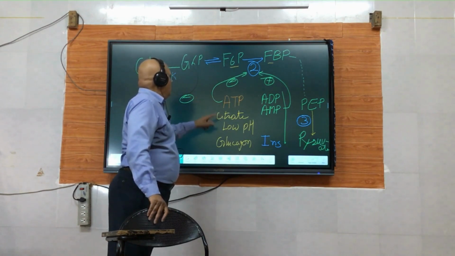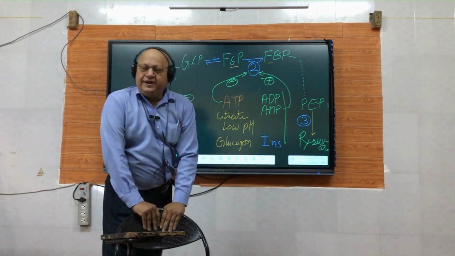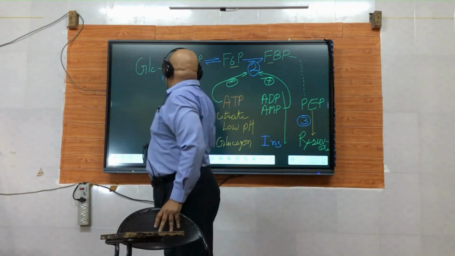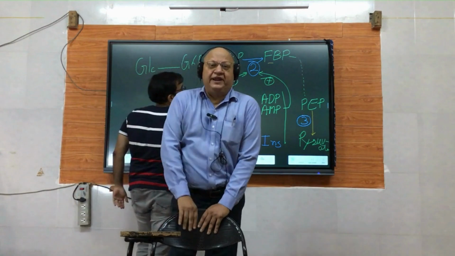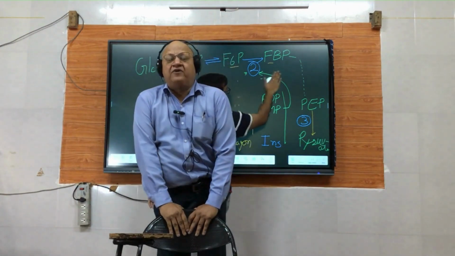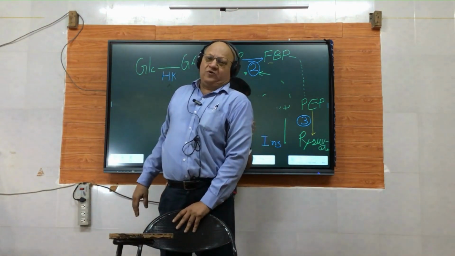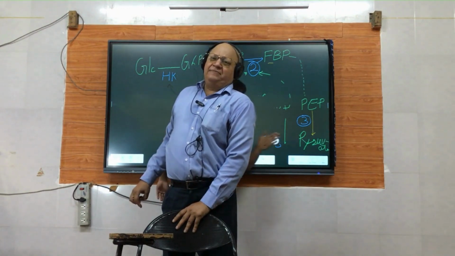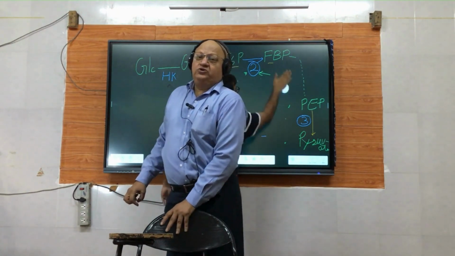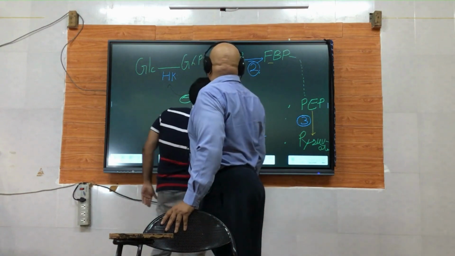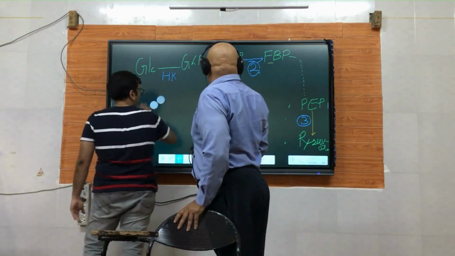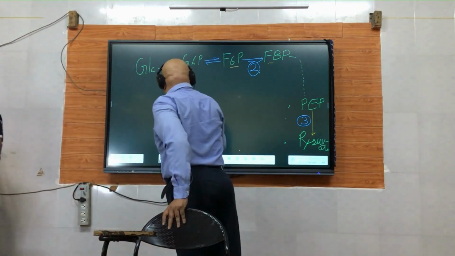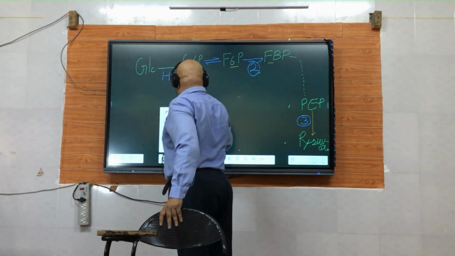Now we come to an important intermediate. An important intermediate which is a powerful stimulator of glycolysis. That intermediate is called fructose 2,6 bisphosphate. It is generated from fructose 6 phosphate only with the help of an enzyme called